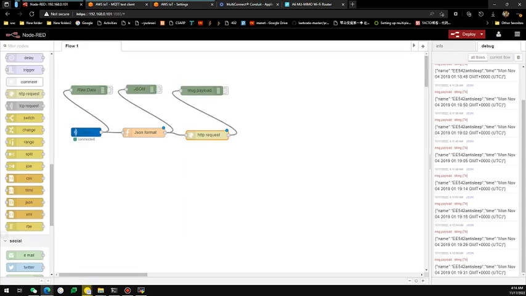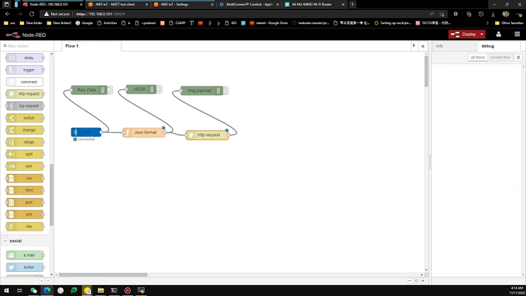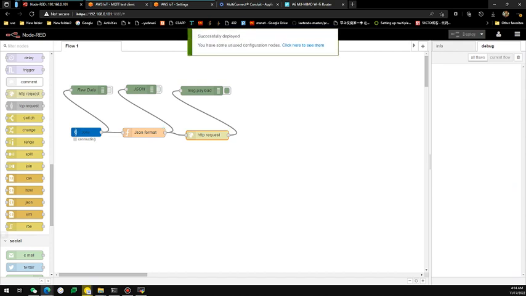And after doing this, I click on the deploy. So I will just deactivate those debugging messages, and I activate this one, and I click on the deploy button,